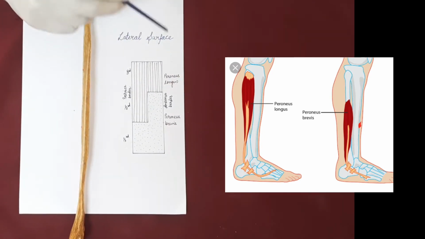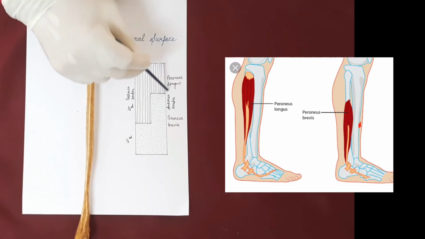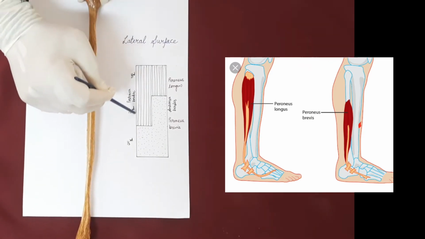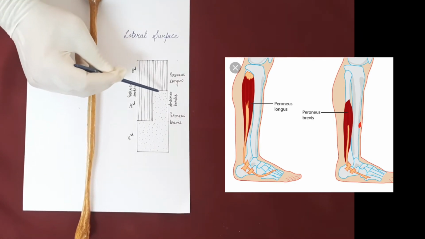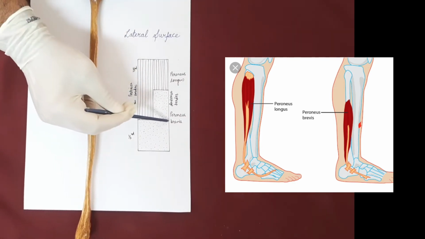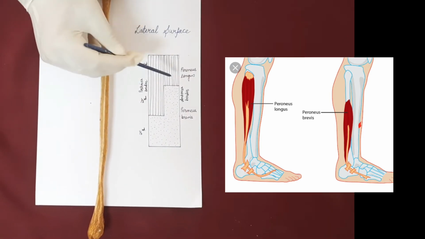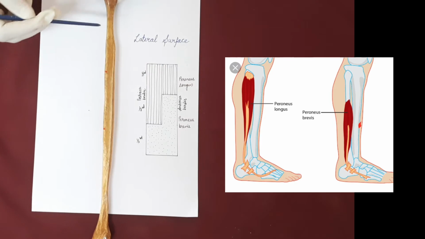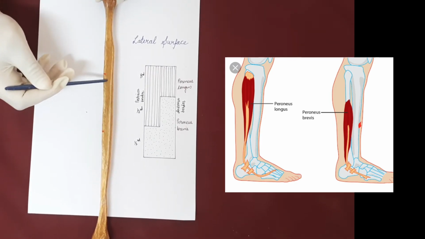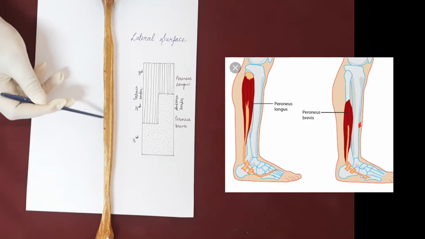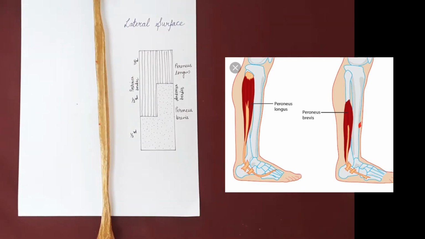See in this figure, it is the schematic diagram. This one is the anterior border and this one is the posterior border. Here we have divided it into three parts: upper one third, middle one third and lower one third. In the whole of the upper one third and the posterior half of the middle one third,